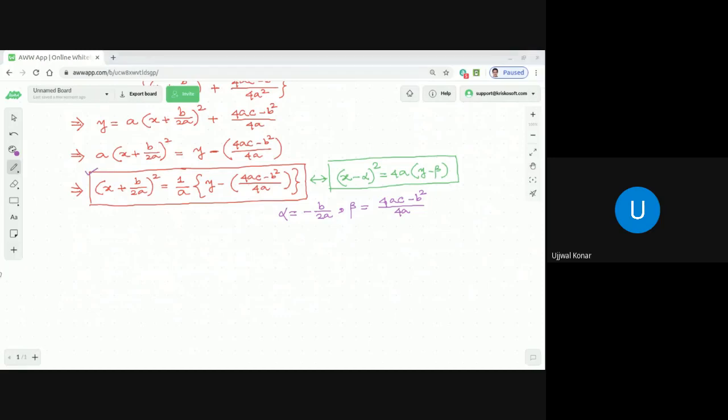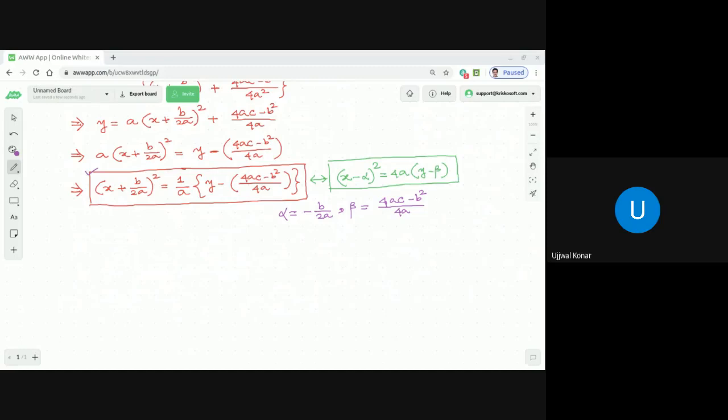Now the first thing I'm going to discuss, dear students, is the maximum and minimum value of a quadratic expression. When you find the maximum and minimum value of a quadratic expression, there are two cases. The first case is when the range is the entire real number system, and the second is when the range is a restricted domain.